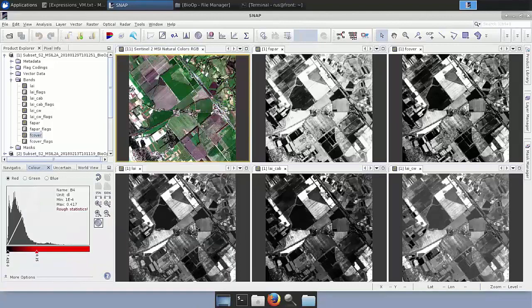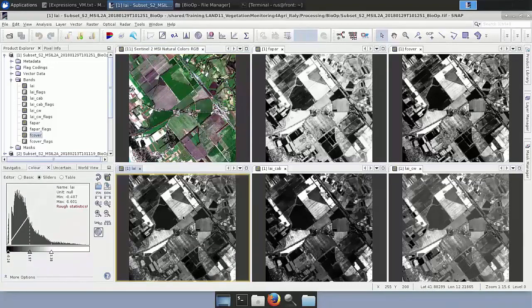So if I click into this window, into the leaf area index, I can now see that the minimum value is negative. So this is some sort of error that probably comes from the borders of the image and so on. And then here we have the maximum, which is 6.6. Now let's visualize the data a little bit better,